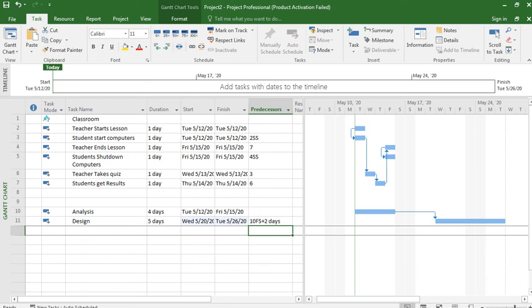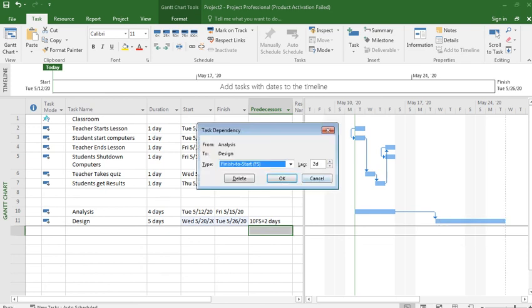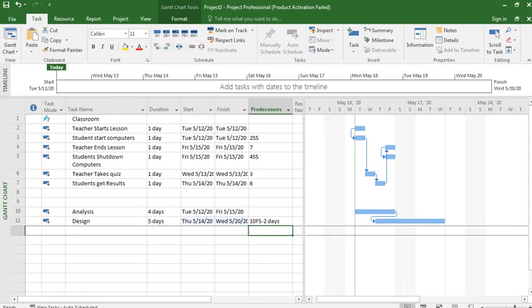This is called lag. And if we want to start the next process 2 days, or 3 days, before the previous process ends, then what to do? I double click it and for example put -2. So you see, this starts from Tuesday and Friday.